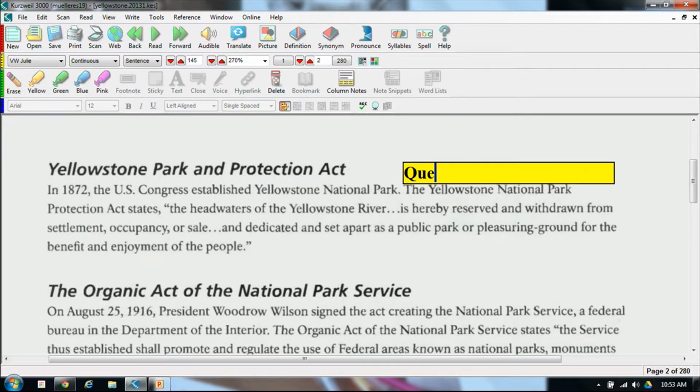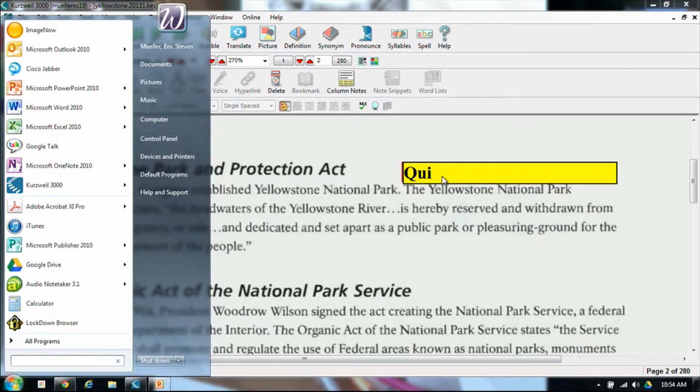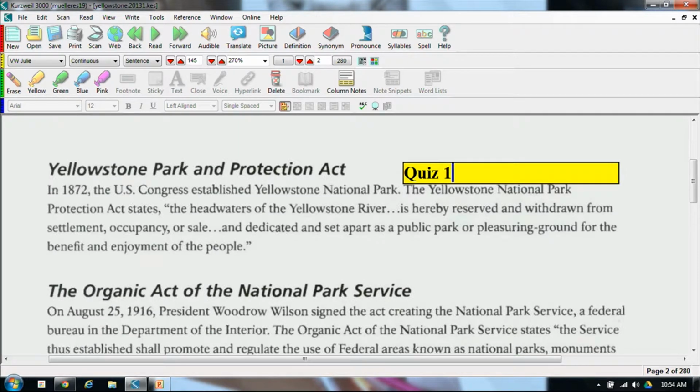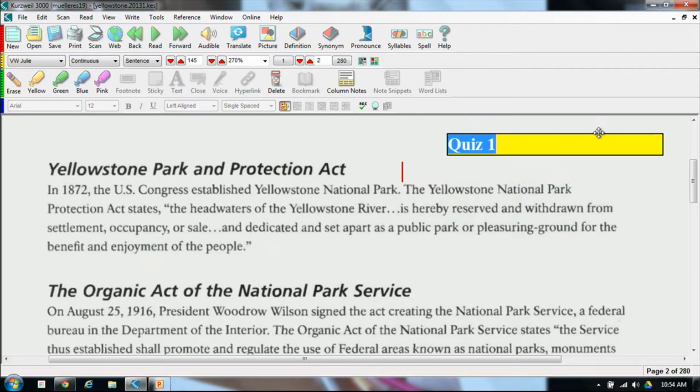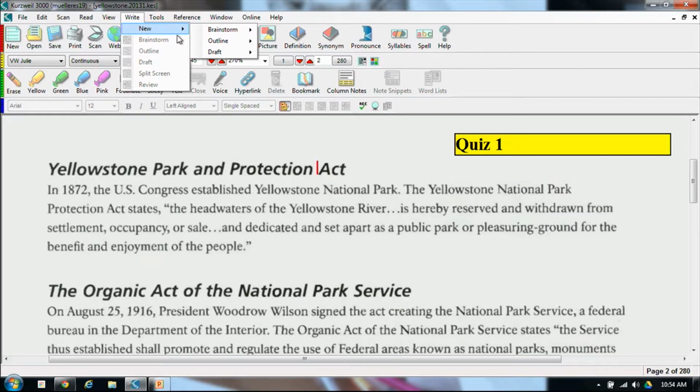So if some of this was on quiz 1, you can add notes and things like this, because you can physically save this electronically on your computer and then go back to refer to it. So they're able to manipulate a lot of things that students do in a traditional textbook electronically and then save those things.